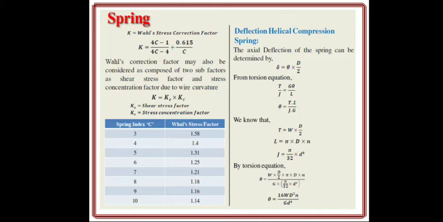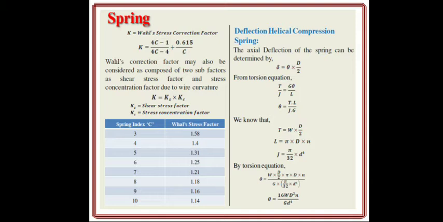The wall correction factor may also be considered as composed of two sub factors: the shear stress factor and the stress concentration factor due to wire curvature. So K is equal to Ks into Kc, where Ks is the shear stress factor and Kc is the stress concentration factor. Now here in this table, the spring index C and the wall stress factor,